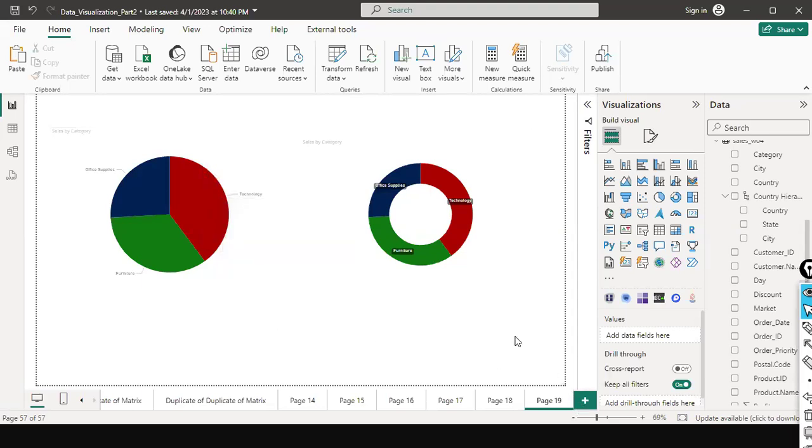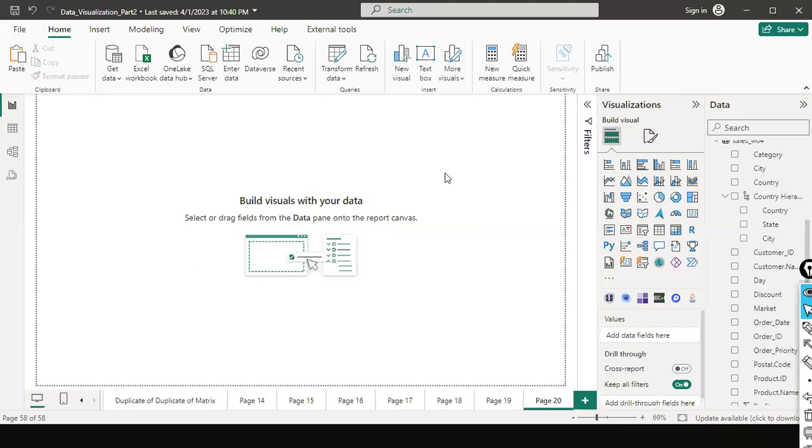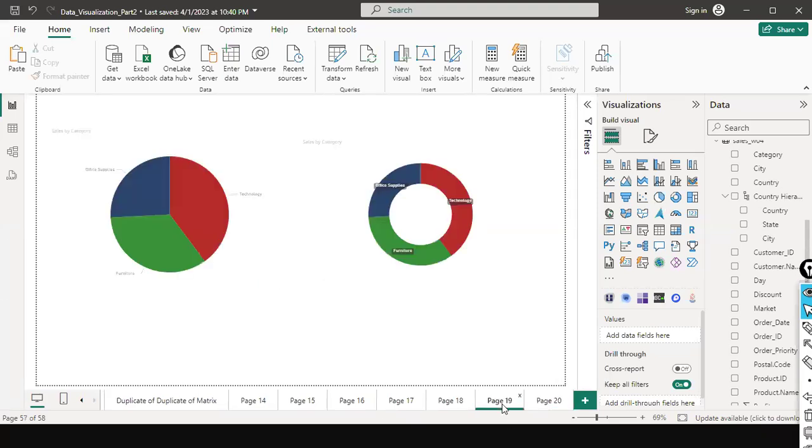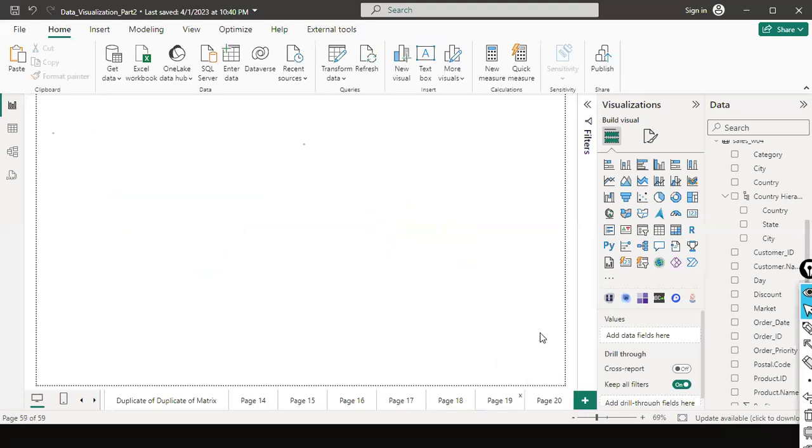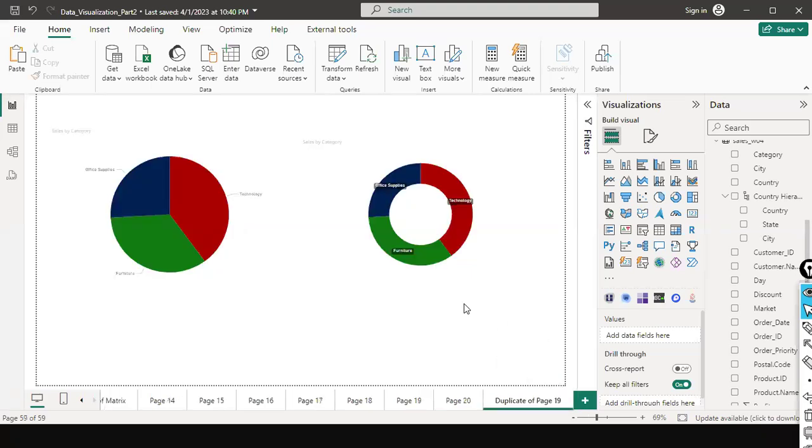But when not to use: if you have a large number of categories in your category column, don't use a pie chart or donut chart. I just duplicate this one. And the next one is,